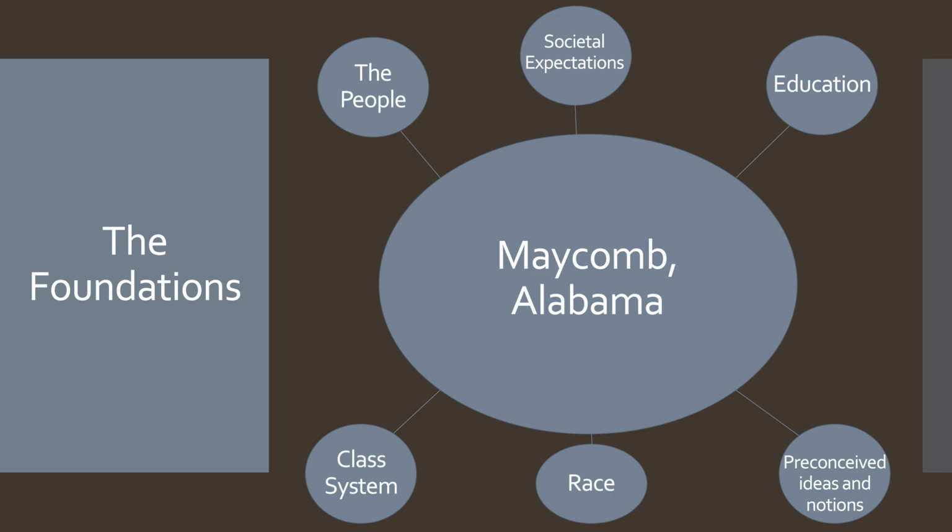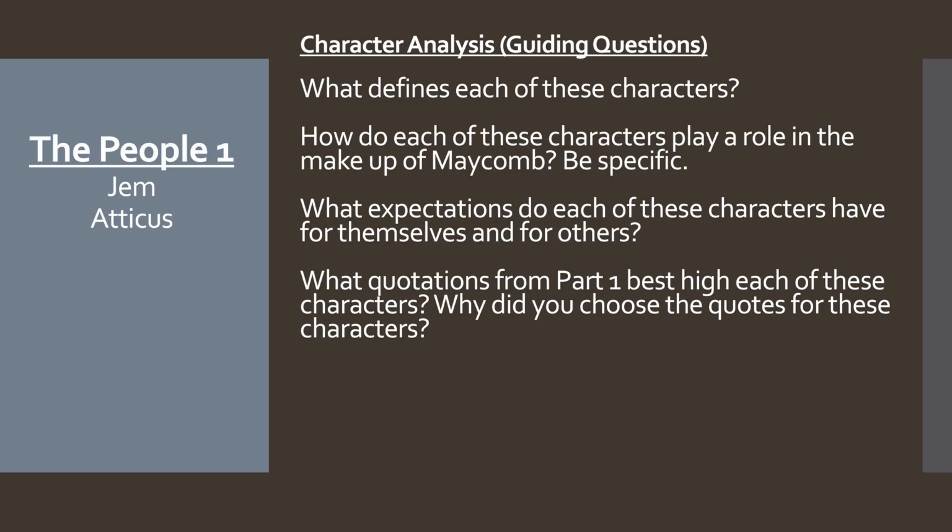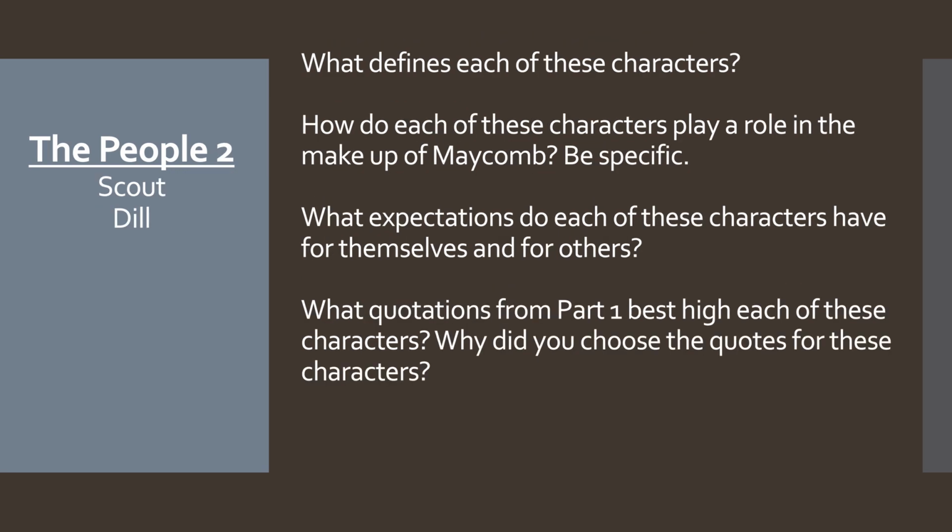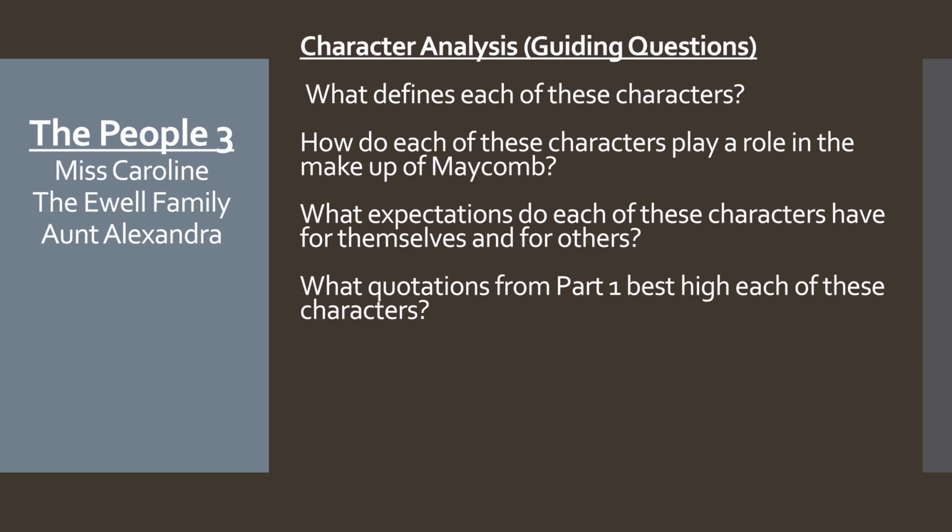So each of you has been assigned a different group, and you can find your groups on Canvas. And each group is going to walk through one of the sections that I have just mentioned. So with group 1, you're going to be focusing on the people of Maycomb, and particularly on Jem and Atticus. Group 2, you're going to be focusing on the same thing, but for Scout and Dill. Group 3, you're going to be doing, again, the same thing, but for Miss Caroline, the Ewell family, and